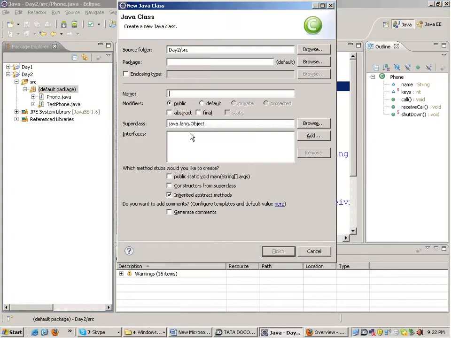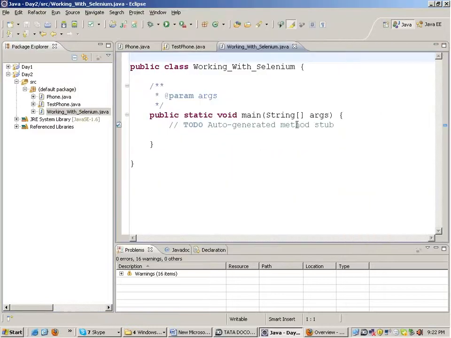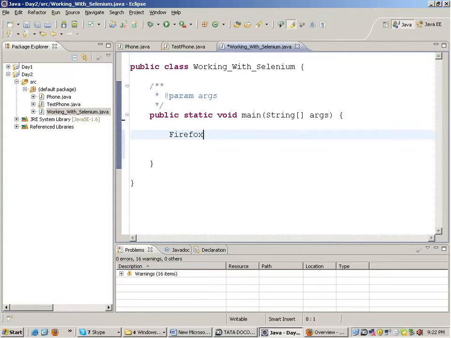I'll create a new class of mine working with Selenium. I'll create a class called FirefoxDriver driver equals new FirefoxDriver.